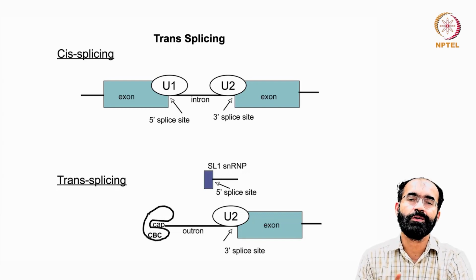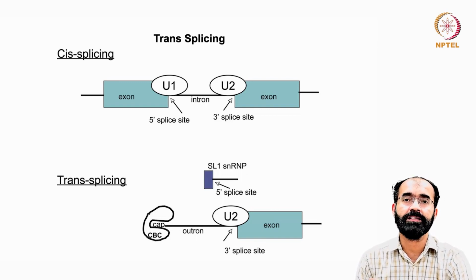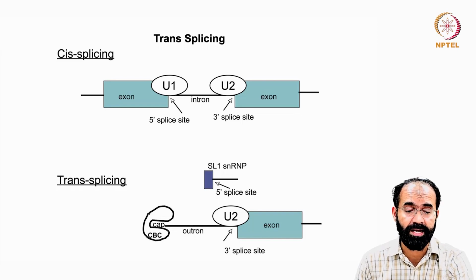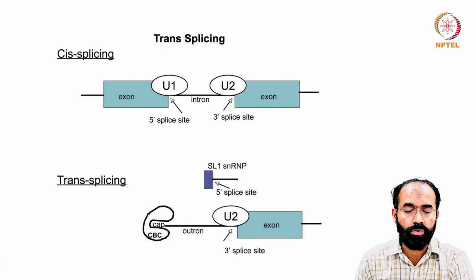So far we saw group 1, group 2 or pre-mRNA splicing, everything is cis, because you are doing it within, you are doing it yourself. Even if some external factors are coming, the RNA part is the same. But here in trans, the RNA part comes from elsewhere. So in the normal case we know U1 and U2, 5' splice site, 3' splice site, everything is happening perfectly fine. Whereas in trans splicing, what is happening is that it does not have